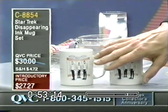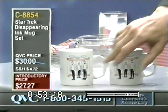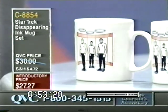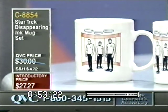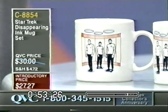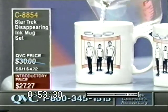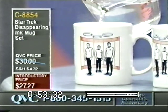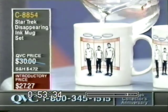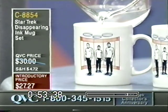What happens when you put in anything warm is that the 3 stars of the show, DeForest Kelley, Bill Shatner, and Leonard Nimoy, Kirk, Spock, and McCoy, disappear. And I just happen to have a little bit of boiling water here. Let's say it's a cup of coffee or some tea. And as you put it in for your morning cup or your second cup, it heats up the ceramic of the mug,